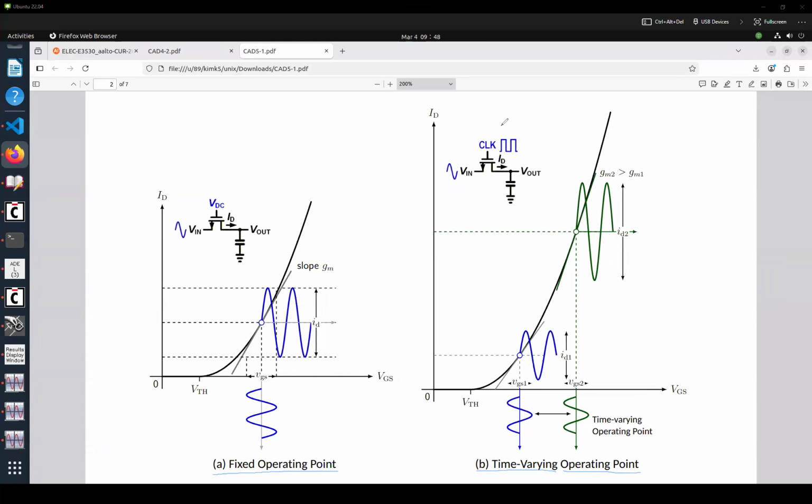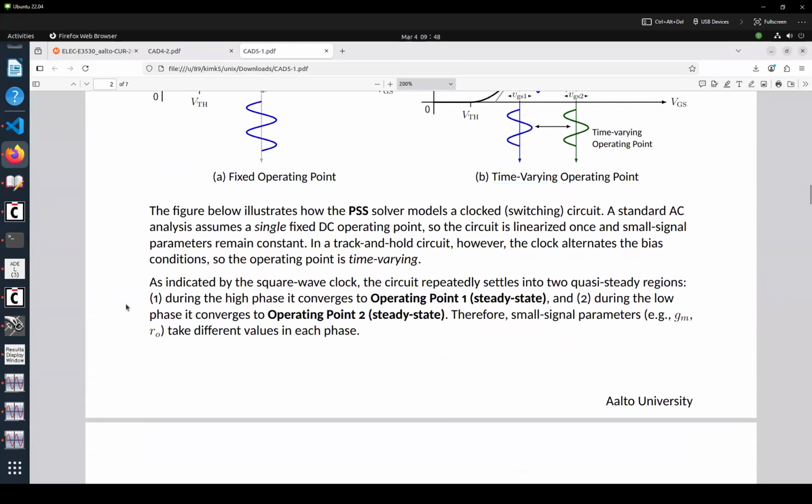So for example, we are applying a clock here. Then when the clock is high, the operating point is different from when the clock is low. So it is moving back and forth, from this point to this point, and this point to this point. So to model this,